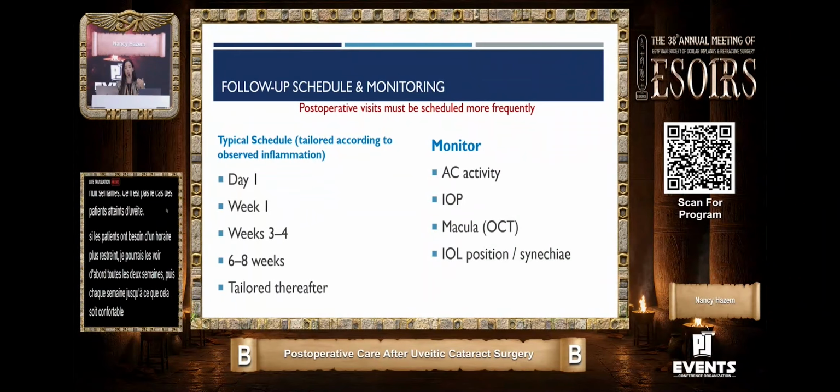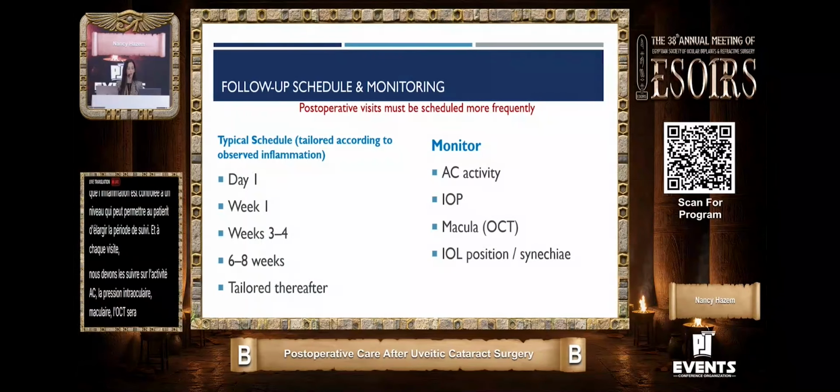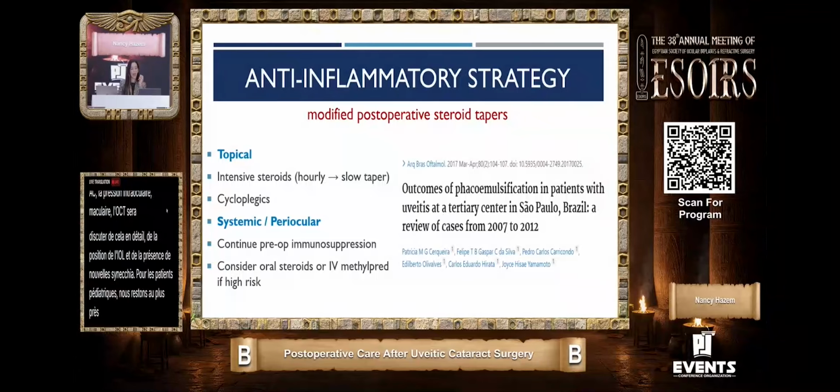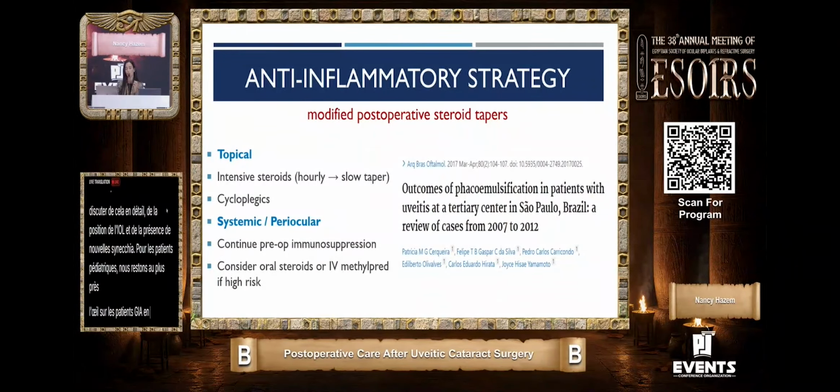And on every visit, we need to follow them up on the AC activity, intraocular pressure, macula, the OCT. We'll be discussing this in detail, and the IOL position and the presence of new synechia. For the pediatric patients, we keep a closer eye on JIA patients especially. So the anti-inflammatory strategy, and this is the most important, should be modified according to the inflammation and not according to a fixed schedule. So there's no fixed schedule that I'm going to be giving you. We tailor it according to what you see in